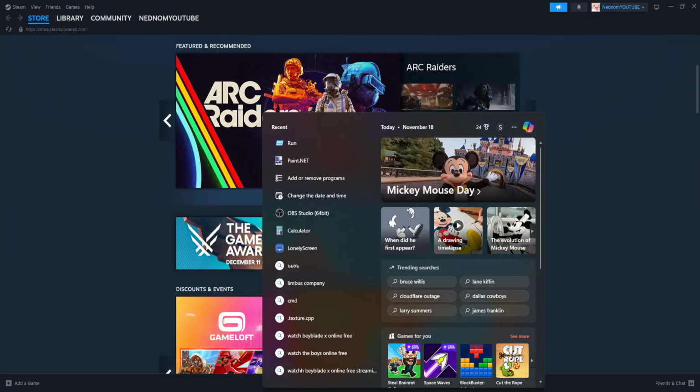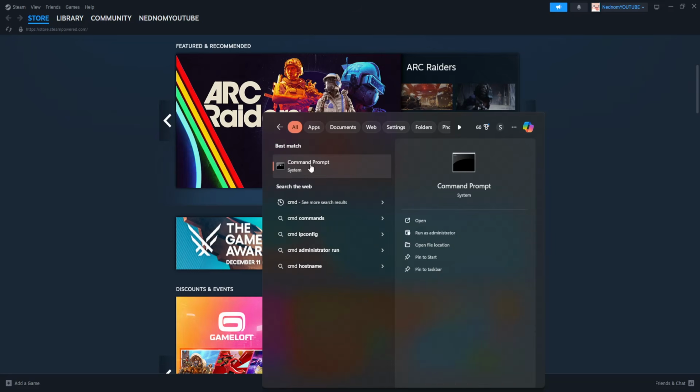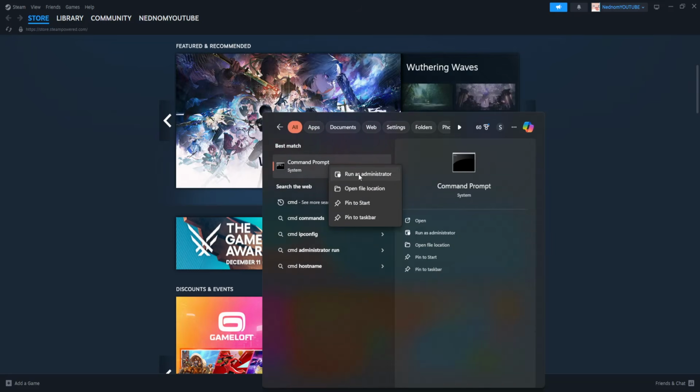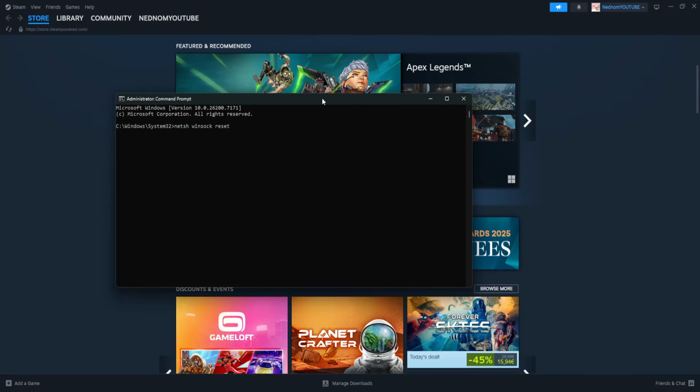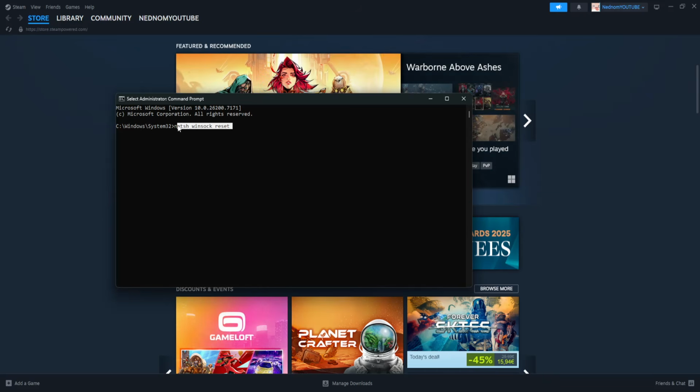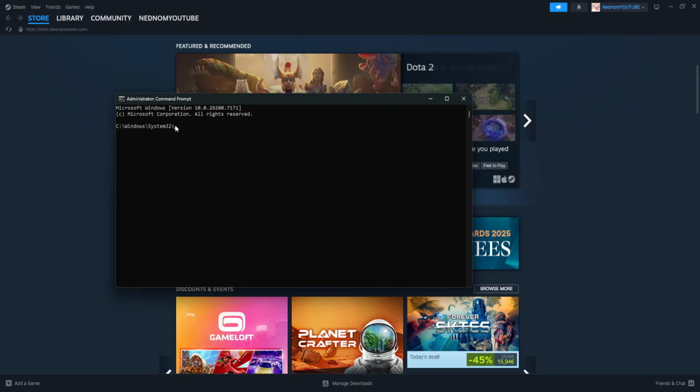And the second thing that you can do, if that doesn't fix it for you, is find command prompt and run as admin. Click on yes, and you want to type this: netsh winsock reset. Press enter, and then you will type the second command, which is going to be slash ipconfig